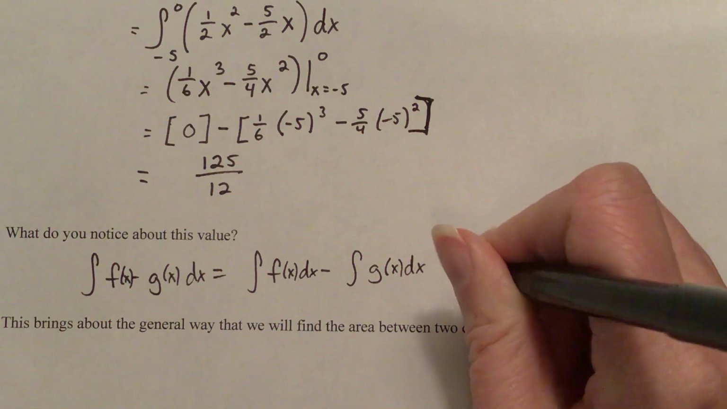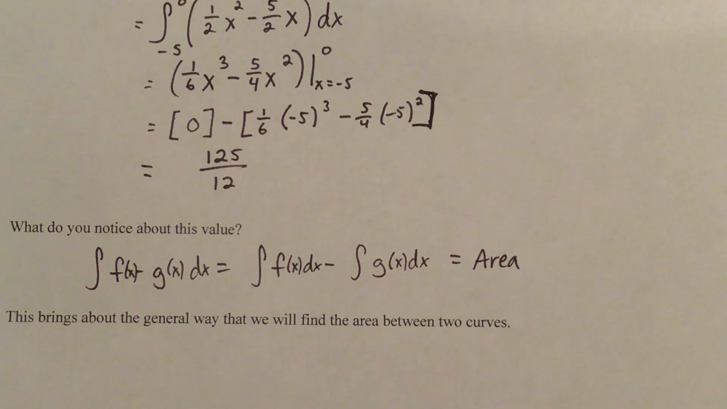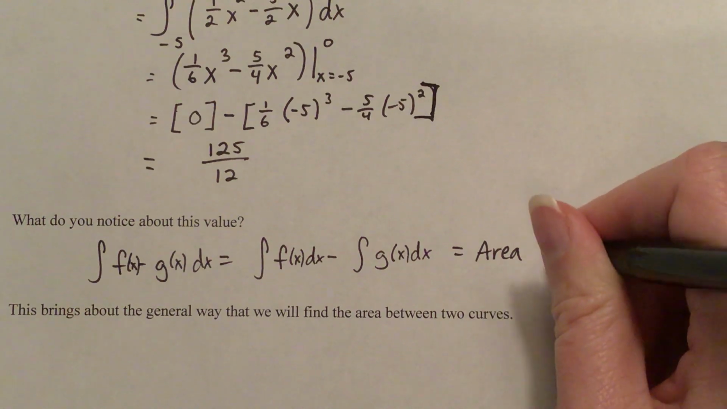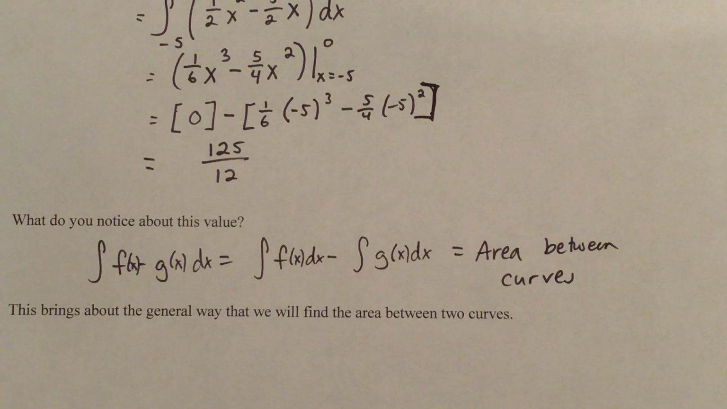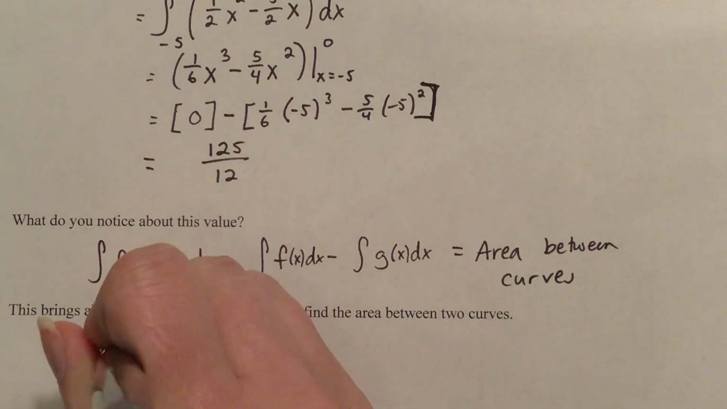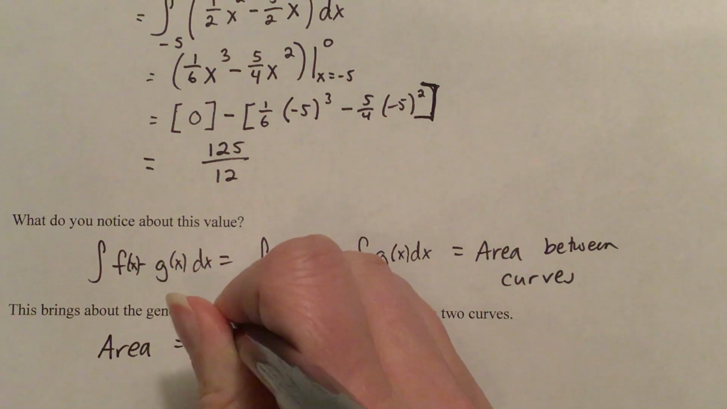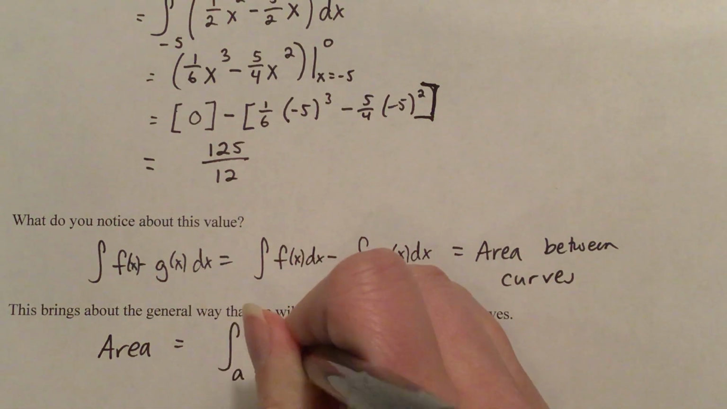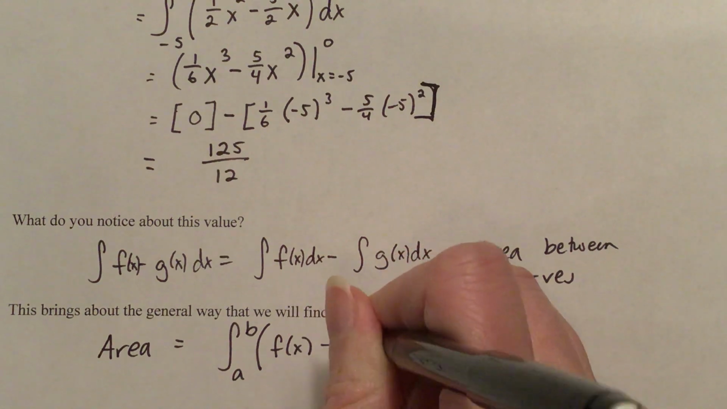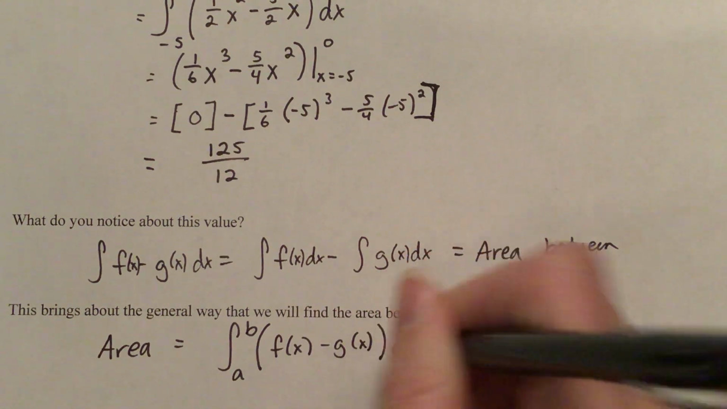Which equals the area between the curves. Okay, so this brings about the general way that we will find the area between two curves. So the area equals the integral from a to b of f of x minus g of x dx,